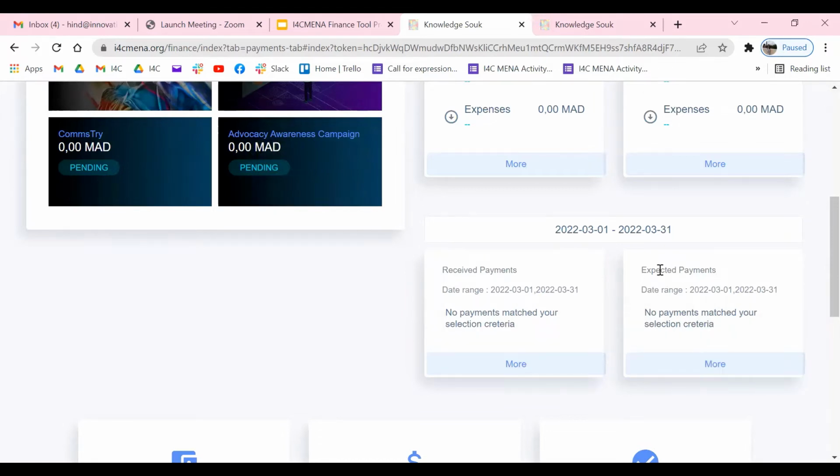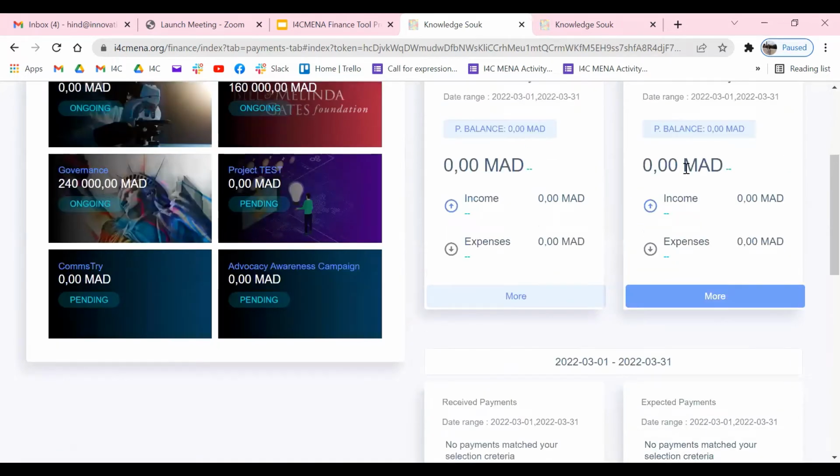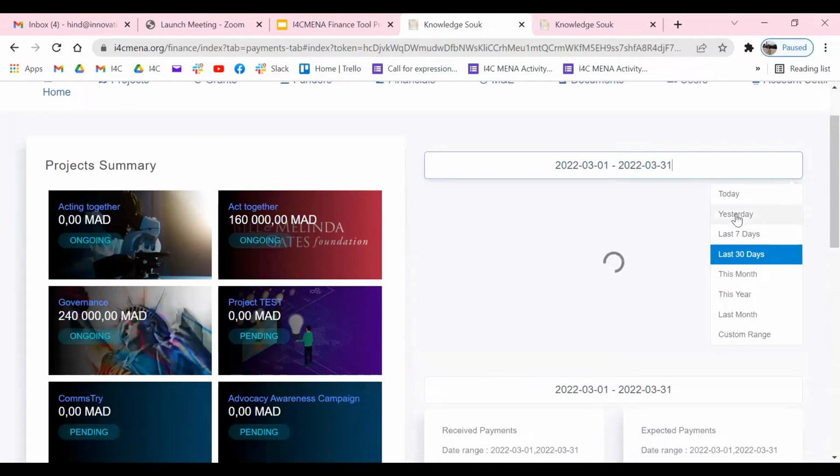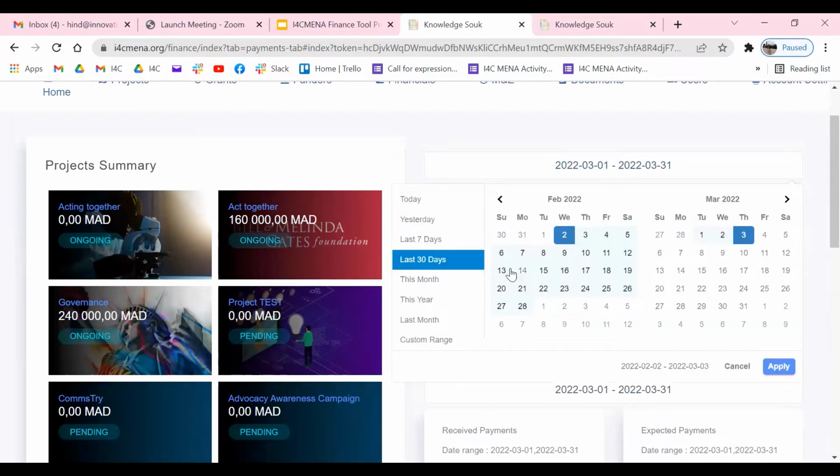Same thing if the organization expects to receive a certain amount as an advance. We can, of course, select the period for the summaries, either today, yesterday, last month, last year, or we can also specify the period to be applied to these summaries.